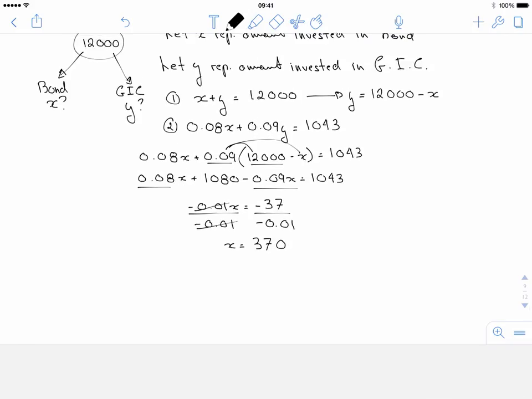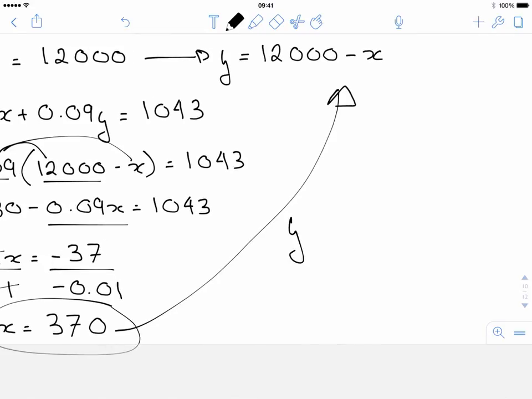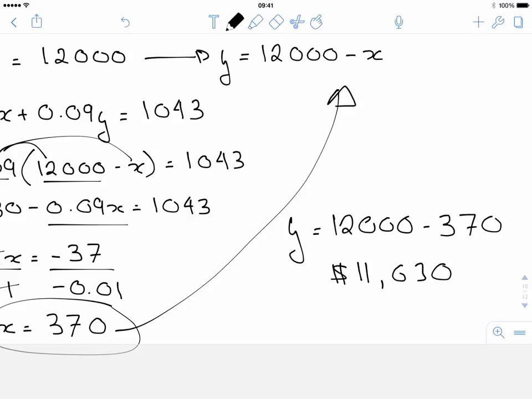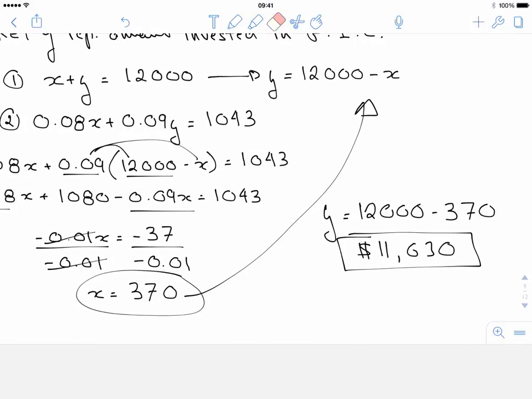And how I get that is I just subtract my 370 from the 12,000, or plug it into this equation, which is essentially doing the same thing. So my y value is going to be y equals 12,000 minus 370, which is $11,630. So there is your amount invested in the GIC,